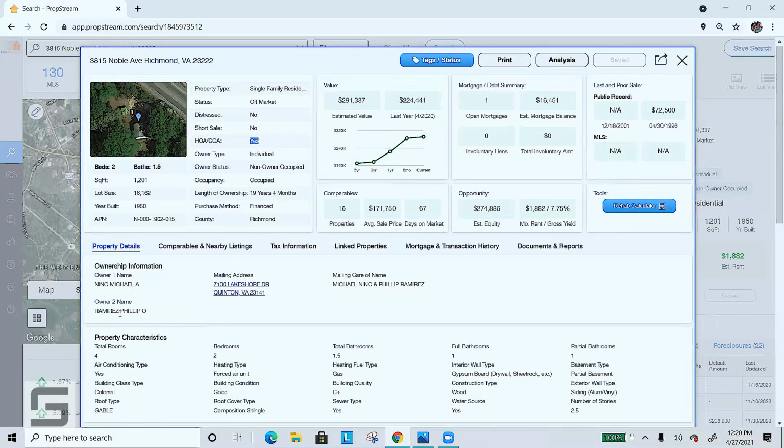So now that I'm talking to Michael and Philip, maybe 19 years of living in this community is why they want to sell. Maybe they want to get rid of the mortgage. That's the reason to sell. Maybe the property's falling apart and that's the reason to sell. Or maybe because their tenant is not paying rent anymore and that's the reason to sell. Could be the HOA, right? So these are things that you need to ask questions about. And when you feel the opportunity to submit an offer or project an offer is right, then you go into